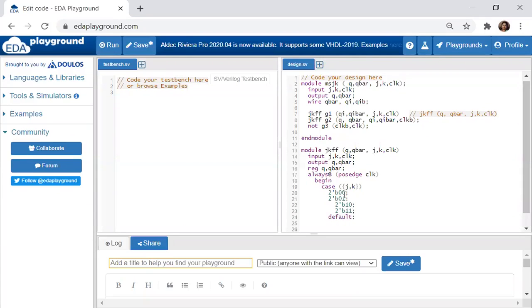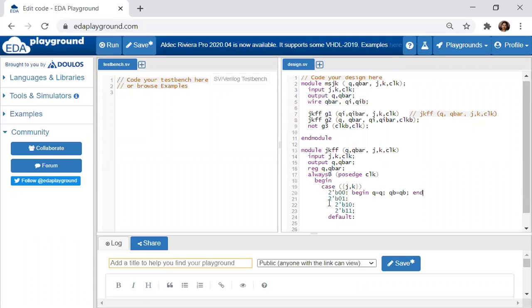Now, when J and K are equal to 0, 0, what is Q equal to? Q is equal to Q, no change, right? So Q bar will be equal to Q bar. Two statements I have, that's why I have to give a begin and end.